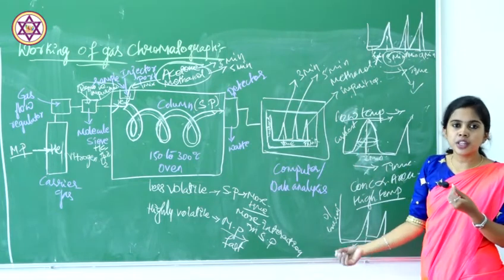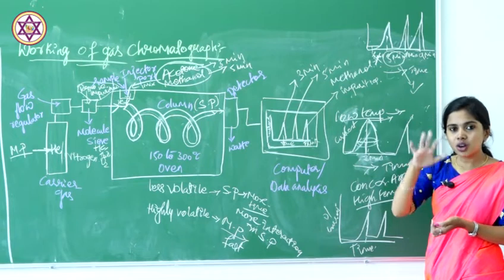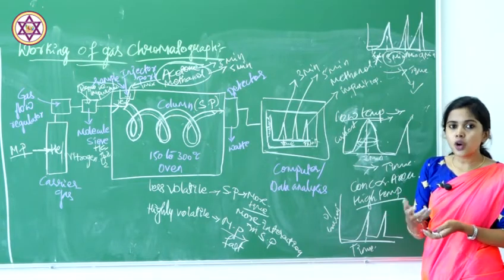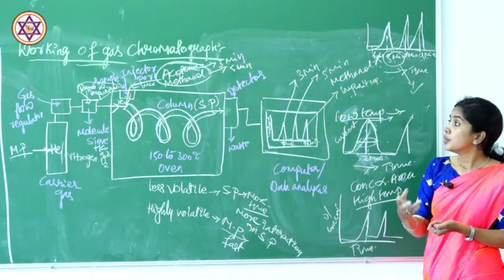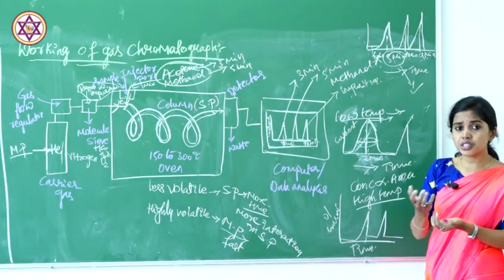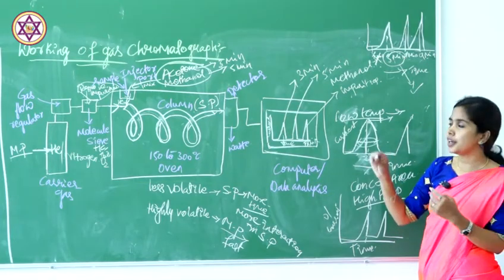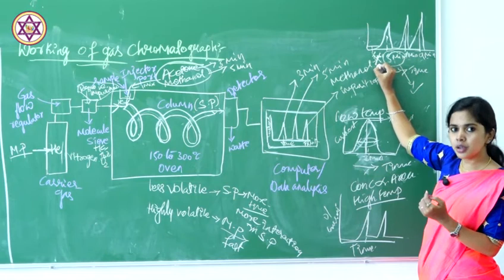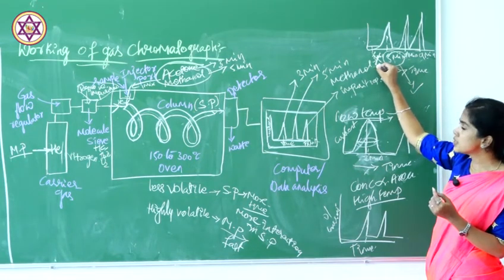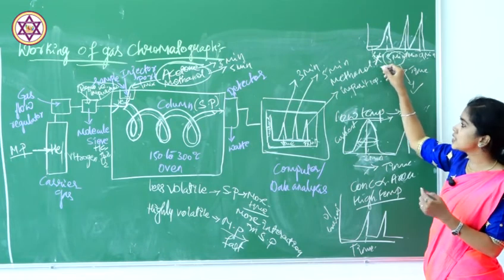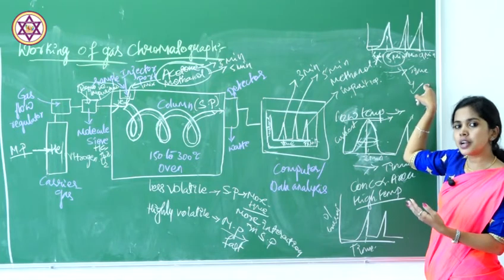Some other compound may be there, and at 9 minutes some other compound is there, but we are going to concentrate on what kind of compound. For example, if they ask whether acetone or methanol is present in a given sample, we concentrate on only those 2 compounds using the standard data. Standard data says that at 3 minutes retention time, we observe the peak of acetone. Acetone is not there. So we say acetone is absent in the given sample, and only methanol is present.